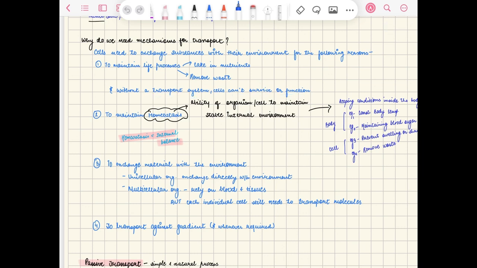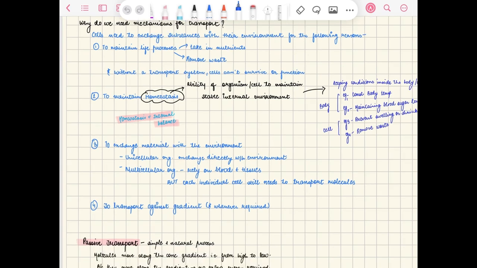Now the most basic example we can take is of xylem and phloem, right? One of them transports water to and fro from the roots and to the other parts of the plant, and the phloem is for the food, right? Now, the second function for transport, or the important thing we require transport for, is to